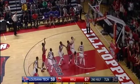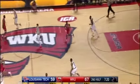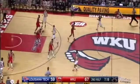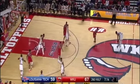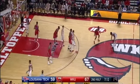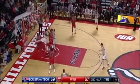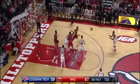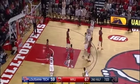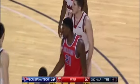He shoots again, and that one's short and off to the left, and Edmonds brings it high and grabs the WKU rebound. Louisiana Tech 15 makes and 4 misses from the field, 15 makes and 9 misses from the free throw line this evening. The Hilltoppers are 10 for 15. Edmond penetrating hard to the left side. A pump fake, a short shot, a miss, a rebound by Johnson. Johnson needs to get it out of there, and there's a foul. He was fouled on the pass out on the perimeter, and Johnson will go to the free throw line with